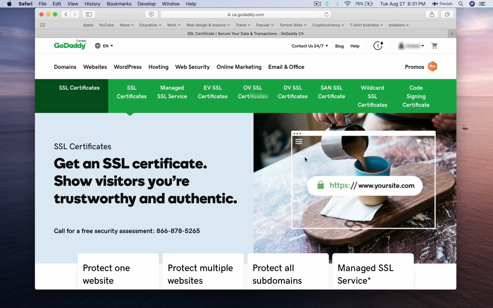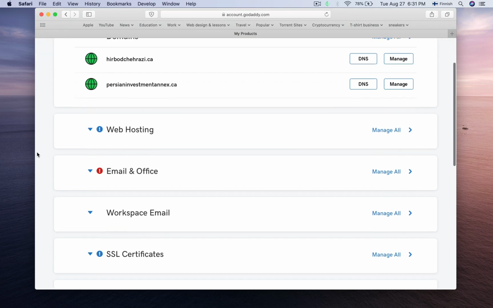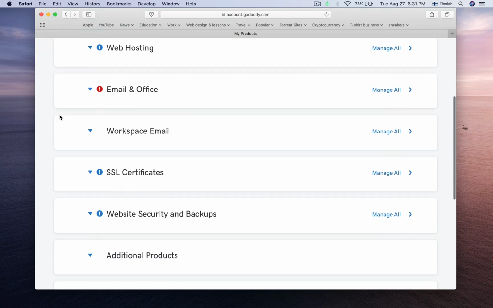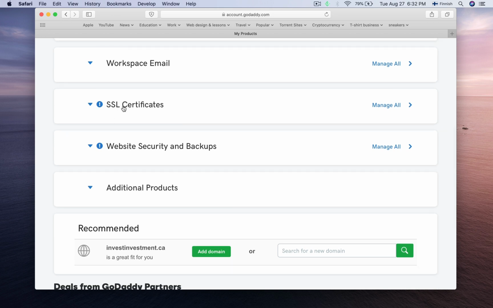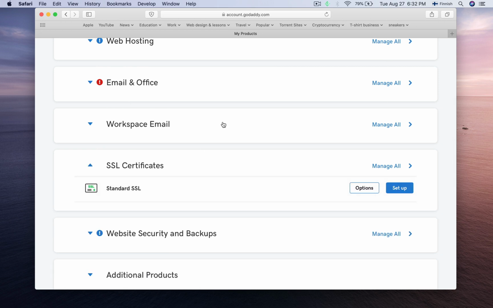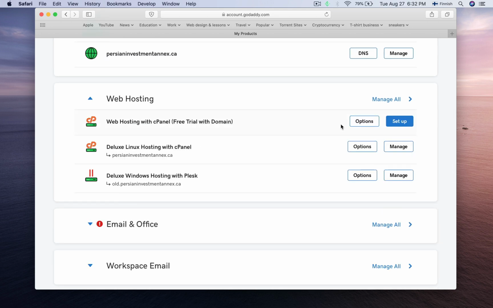Anyways, we're gonna proceed. You go to your products when you get your certificate done, and then you need two tabs for this one to go faster. So the first one, you need to open up the certificate, which we're gonna get back to later. And the other one is we go to your hosting and choose the cPanel. Make sure it's not Plesk or anything else, it's just cPanel right here. Just hit manage,